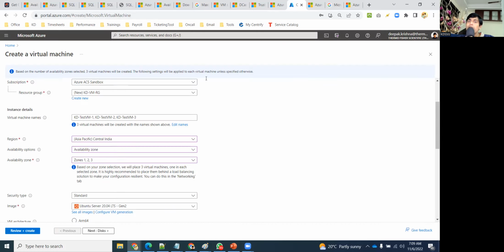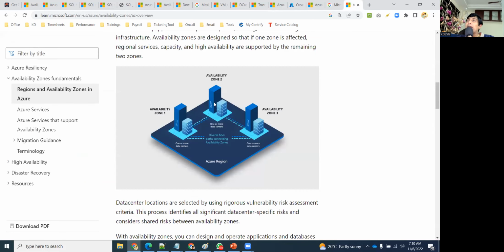What I'm saying is that these 3 VMs that you are building, you can use for whatever purpose you want. You can use them for always on AG purpose. The application team can use them for application purpose. That's fine. But these 3 machines are tightly connected, very tightly connected,